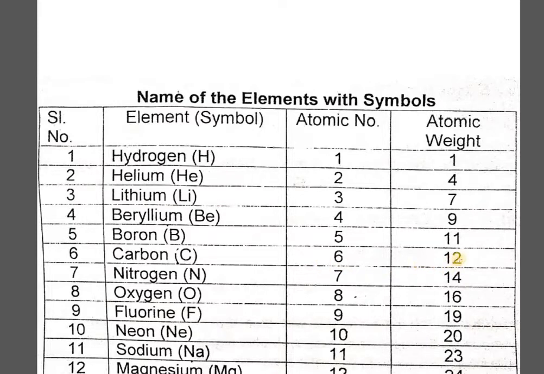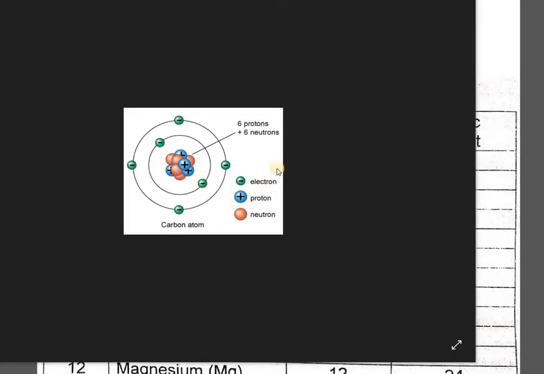So what information can we get here? In this case, when we talk about carbon, we can say the number of electrons here is 6. You must be confused about which are the electrons. From the diagram, just try to understand. This is the positively charged center of an atom, which is called the nucleus. Each and every atom contains a dense positive center, which is called its nucleus. What things are present here?